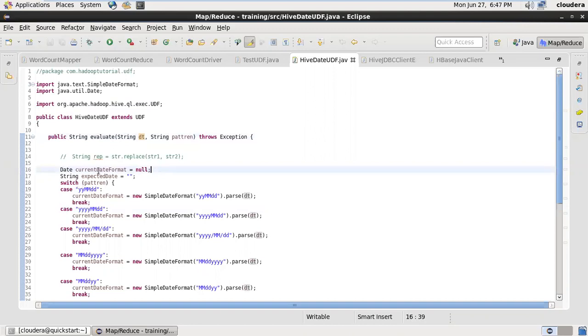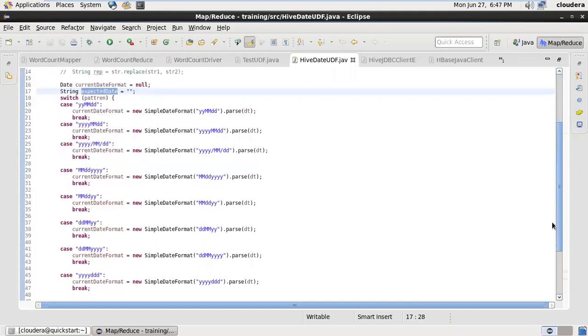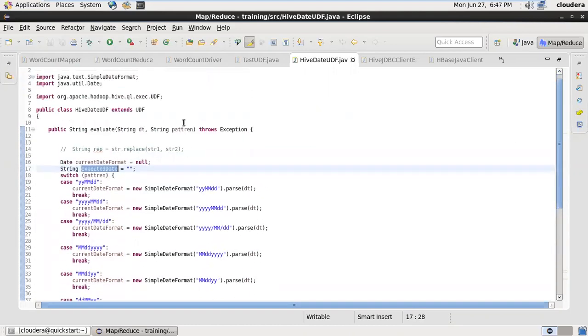Nothing special. I just declared two variables for my use, the current date format and the expected date. I know this pattern is coming from input, and I use switch case statements. If it matches YYYYMMDD, I'm simply calling the Java's